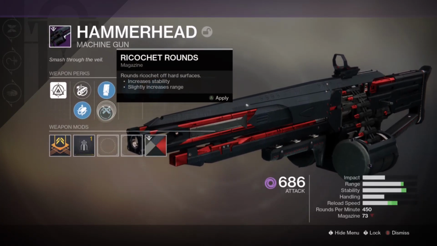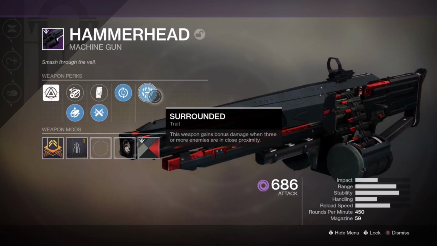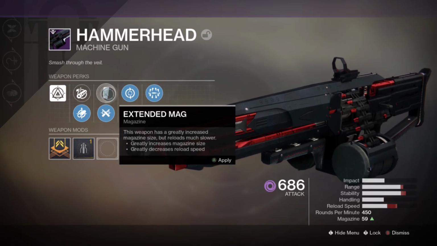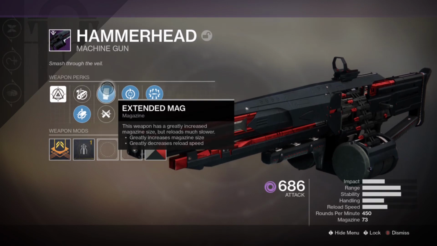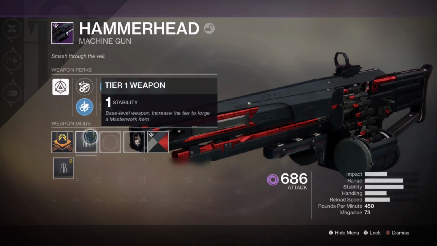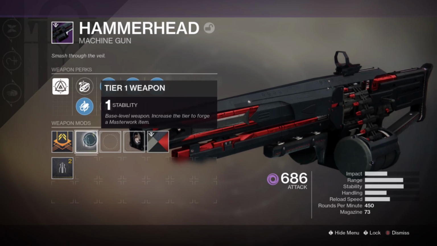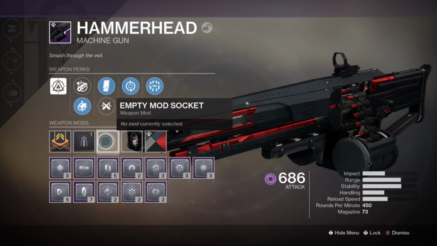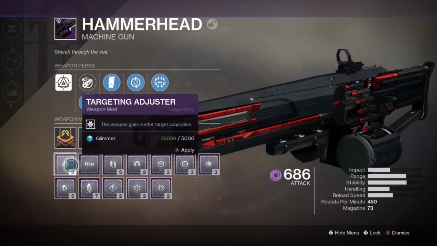And I kind of like this ricochet rounds better than the extended, but then again, since I'm dealing with feeding frenzy, even though extended mag will reduce my range and my stability to some degree, range and stability on this weapon are not major concerns. Plus, look at that, I got a stability masterwork, so if I want stability, I can aid my stability, or I can put a